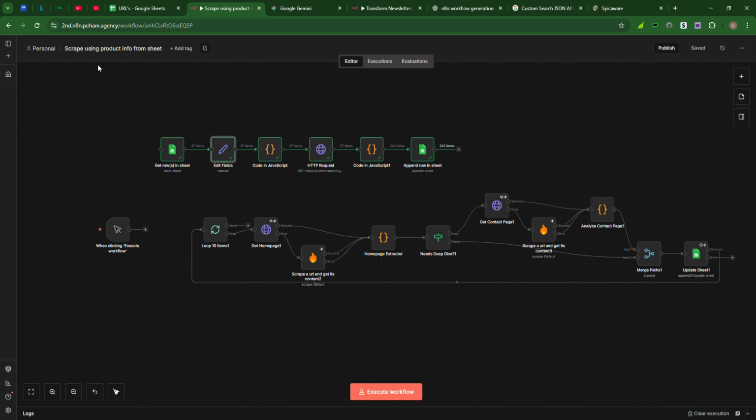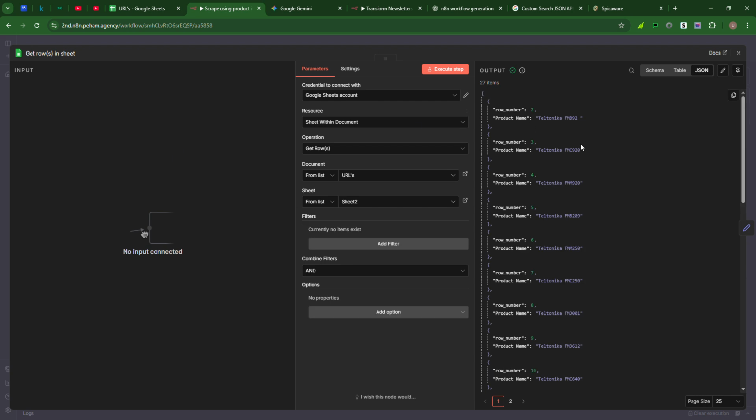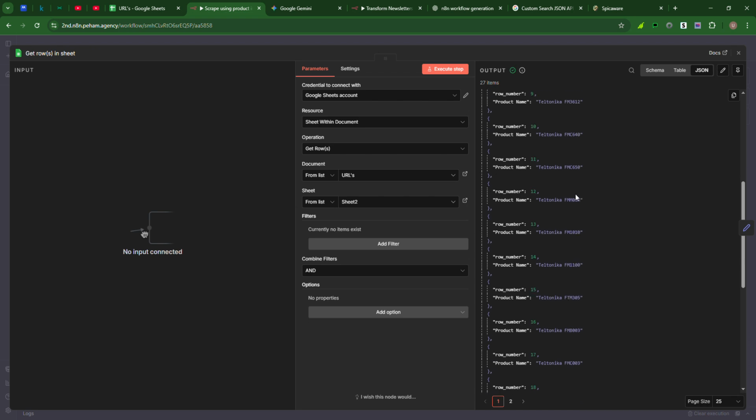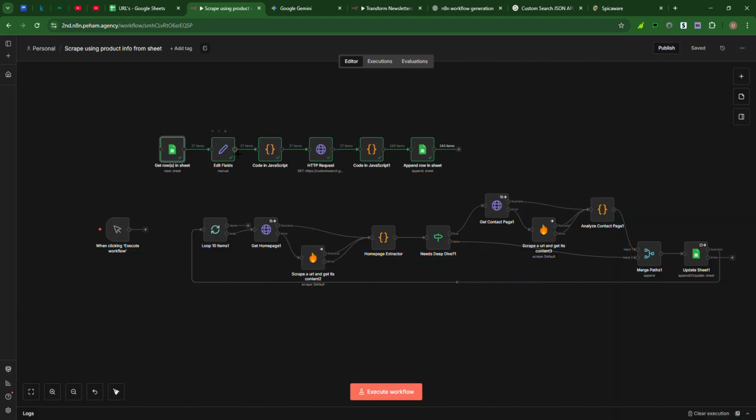Okay, so today I scraped the data using the product's name, and there are around 27 items with different product names of the same company, and they are in the same category as well. And after getting the rows out of the sheet, I'm using those fields